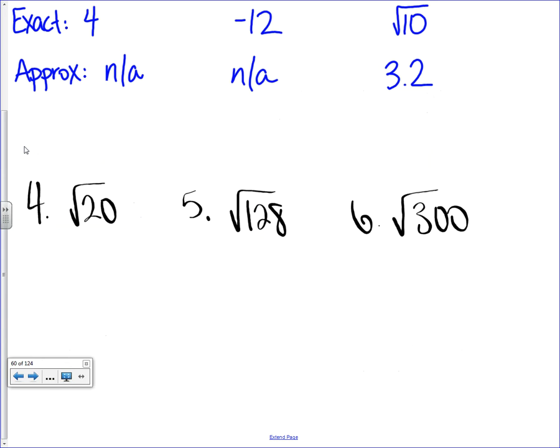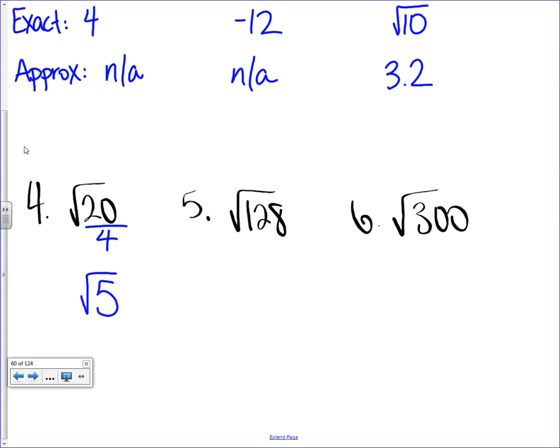I have the square root of 20. First of all, is 20 a perfect square? It is not. Is there a perfect square that can be divided out of 20? 4 is a perfect square, isn't it? Will 20 divide by 4? Yes, it will. So here's what happens, guys. If I take that 20 and divide it by 4, what do I get? I get a 5. That 5 is trapped under the radical because it's what's left when I take out my